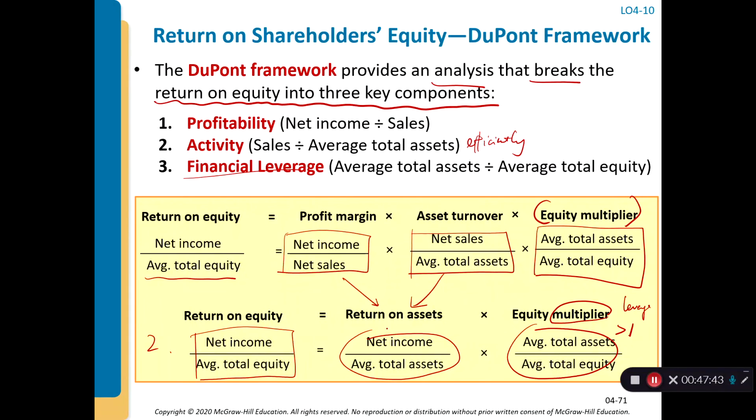For example, return on assets is 0.2. When the equity multiplier is bigger than 1, let's say 1.5, then the return on equity will be 0.3,